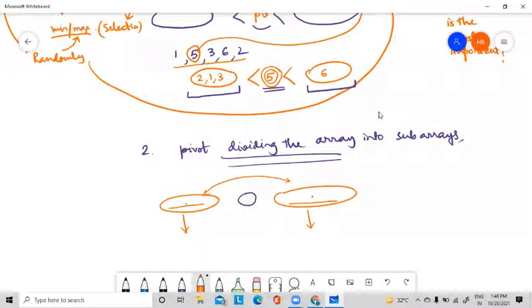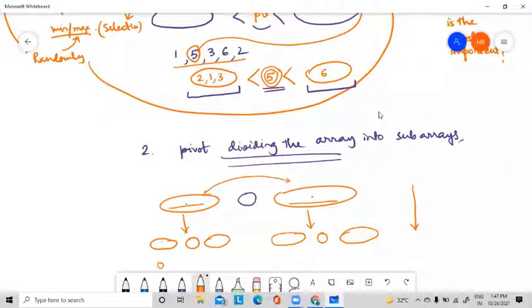Again, from this subproblem, we will choose another pivot element, and the subproblem will be divided into two parts. Again, from this subproblem, we will choose one pivot element, and it will be divided into two subproblems. So in this way, with each iteration, we move towards the solution. When do we stop? When the subproblems become single elements. So as we keep dividing, after some time we have to stop. What is the stopping criteria?